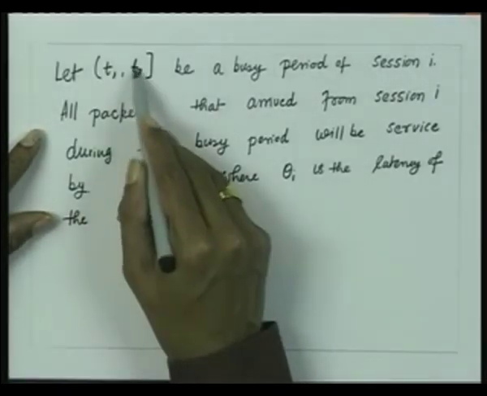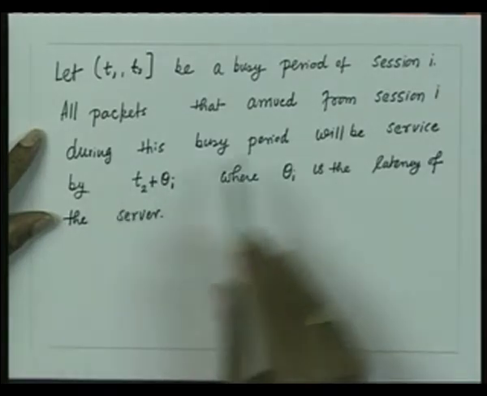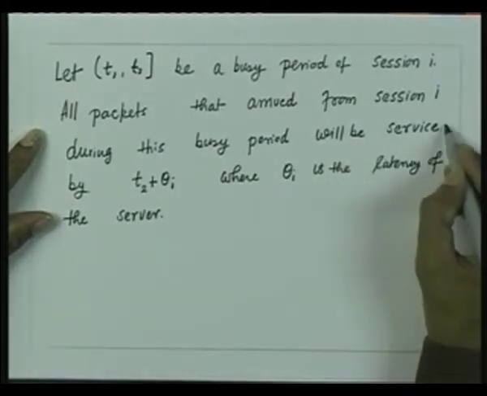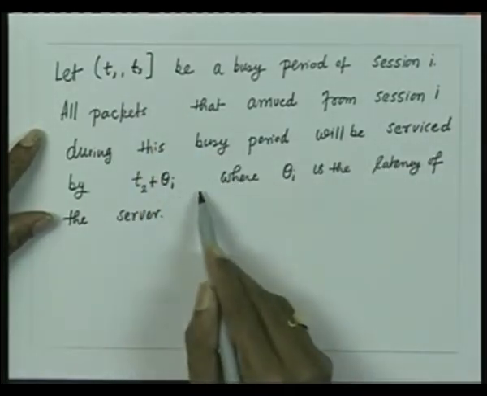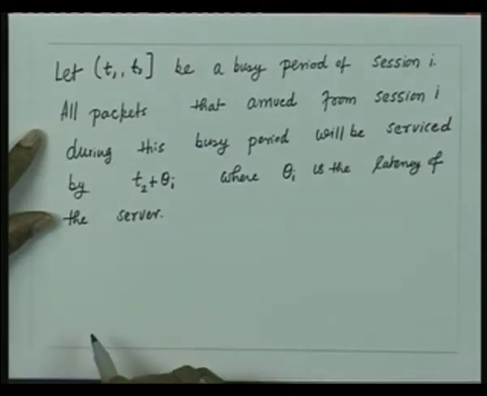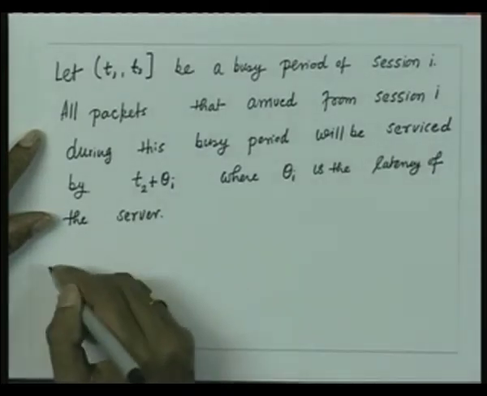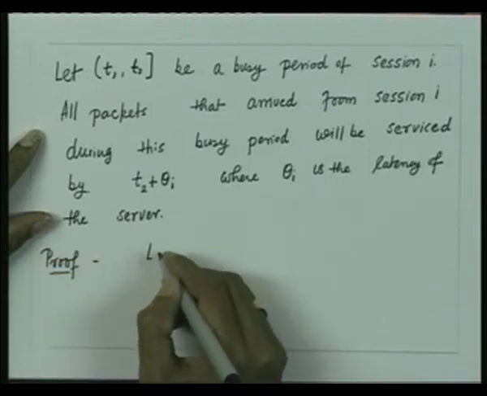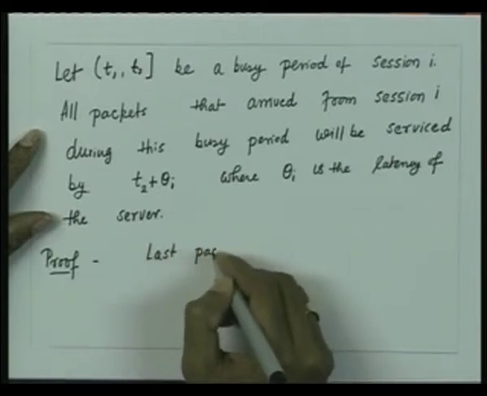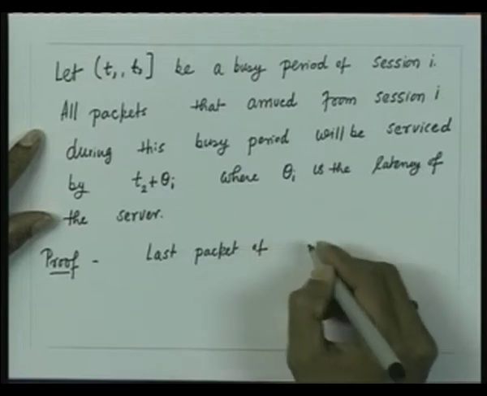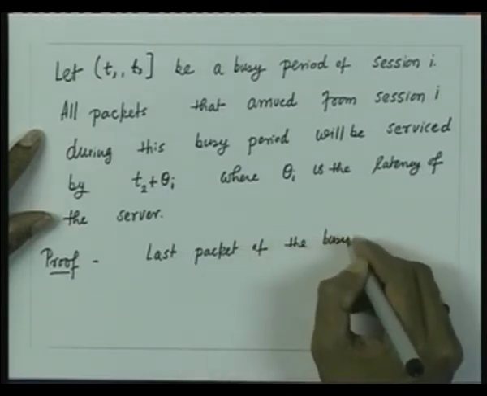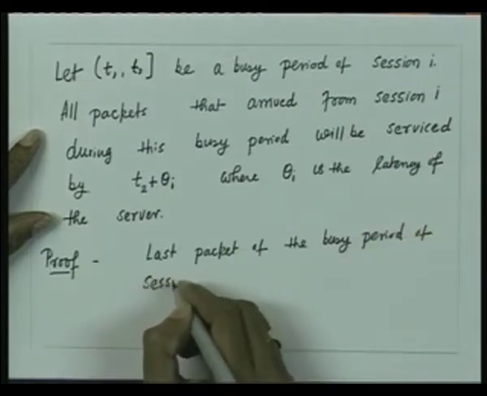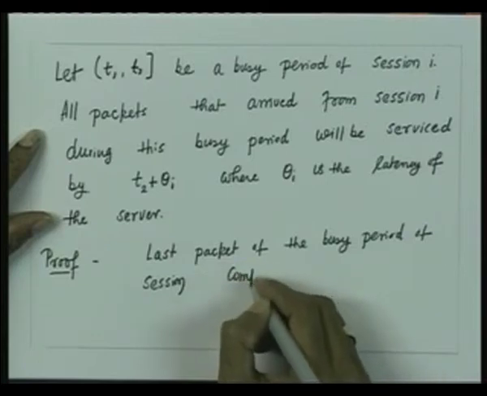Okay. So T1 to T2 is the busy period of the session I, and all packets which have arrived from session I during this busy period, they will be serviced by T2 plus theta I at most, where theta I is the latency of the servers. So the proof is, let us say that the last packet of the busy period of this session completes service